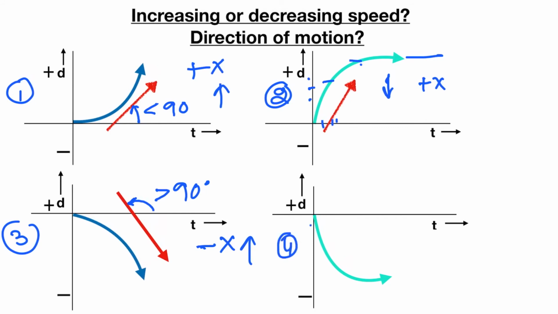In the fourth case, initially the rate of change of displacement with respect to time is very high, so speed is more, but over time the change in displacement with respect to time reduces and speed is decreasing, and finally it stops. Because this is nearly horizontal, there is no change in displacement with time. So this particular graph shows you decreasing speed in the minus x direction.